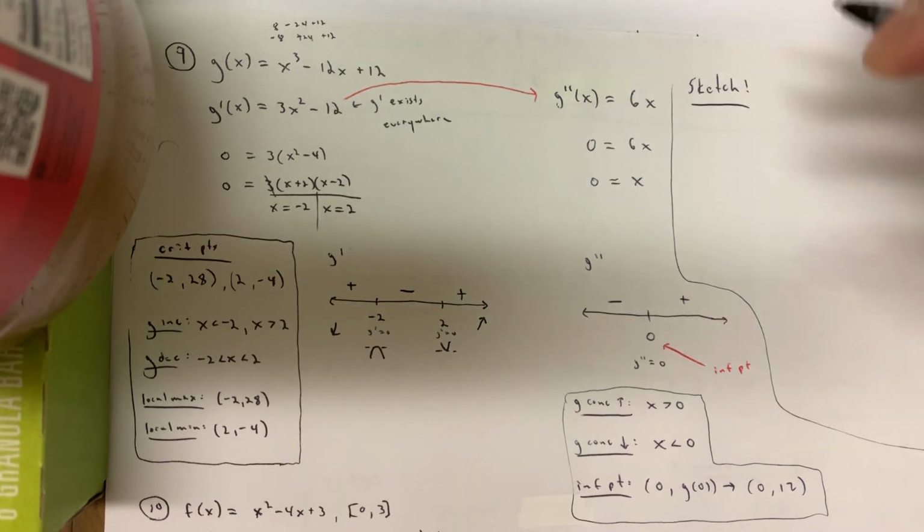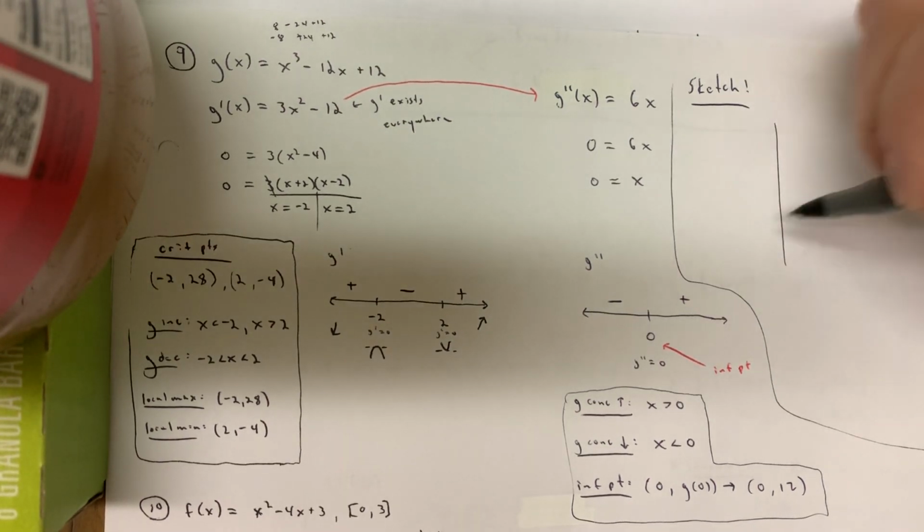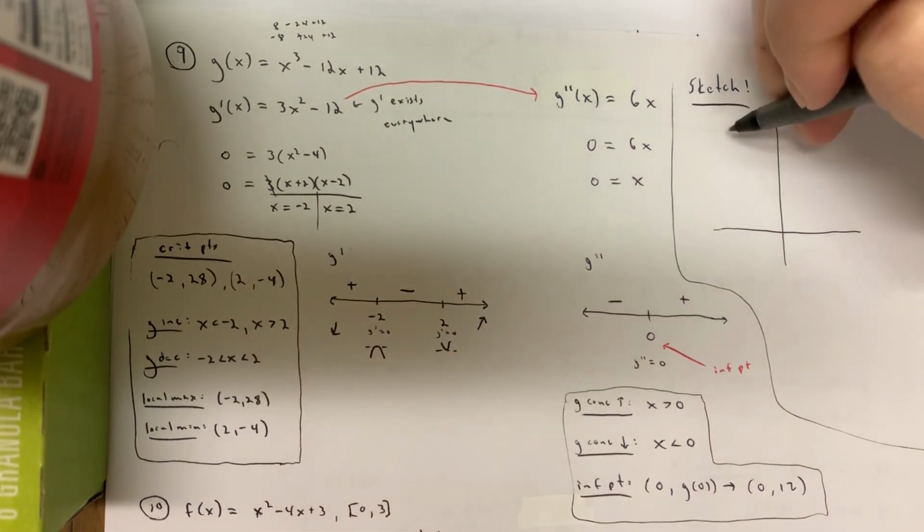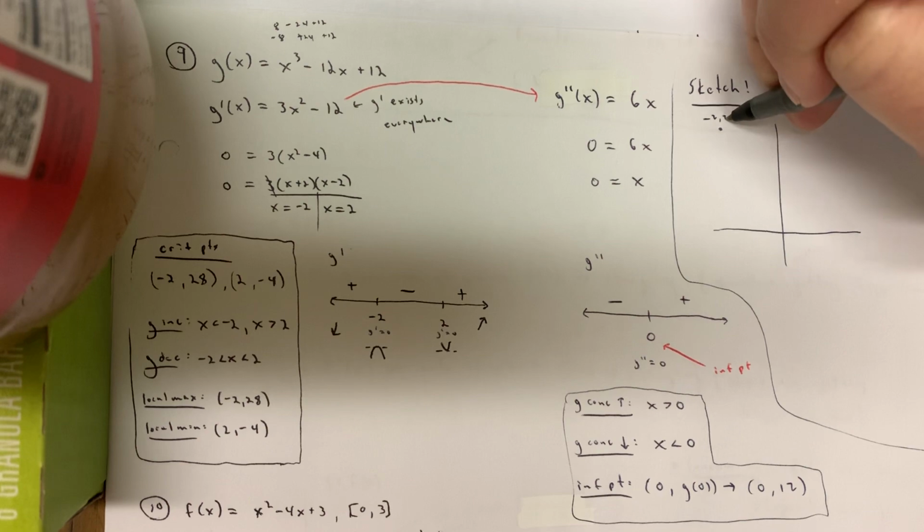Plotting some points here, okay? So as far as what this thing is going to look like, some of these points are annoying, right? Critical points, -2, comma 28,